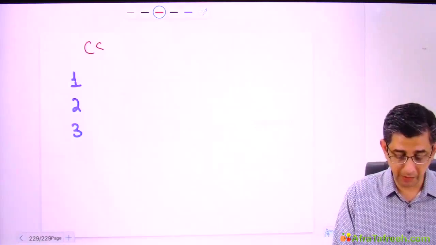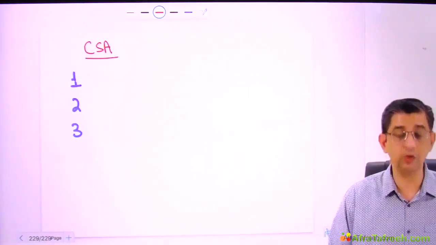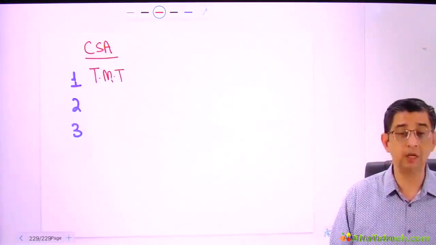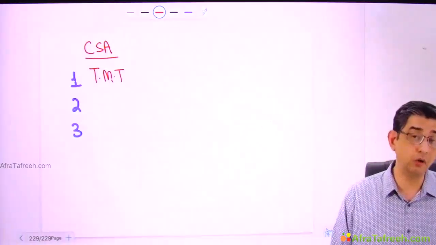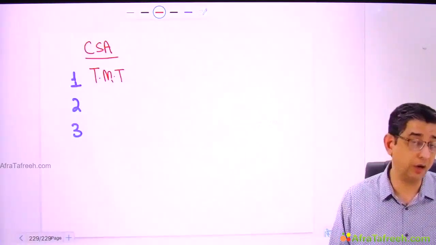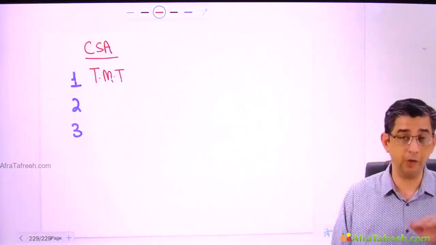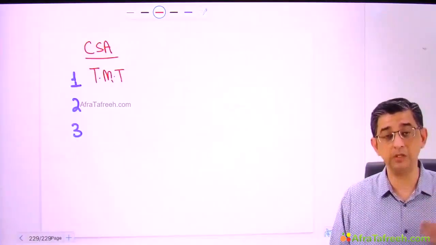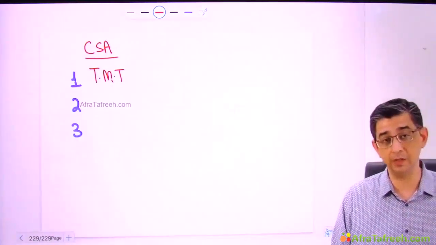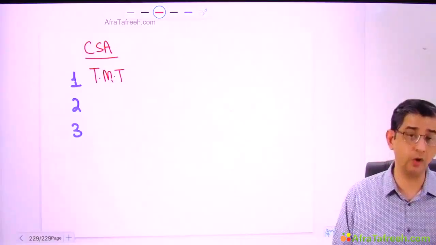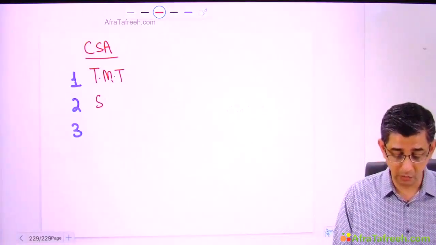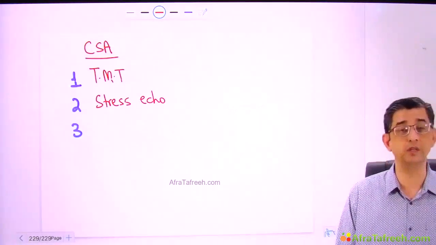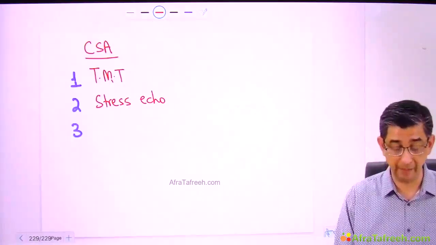If the question simply talks about how do you pick up blockages in the coronary artery, the first test to be done in a person is treadmill test. But you will obviously be on a lookout for whether in the question he has put any contraindication to treadmill test. There could be a problem with the ankle joint, knee joint, sole of the foot. There could be Buerger's disease, peripheral arterial disease present in a person, severe aortic stenosis, all the contraindications that I explained. So in those circumstances, no problems. We will not give physical stress. We will give pharmacological stress using stress echocardiography.